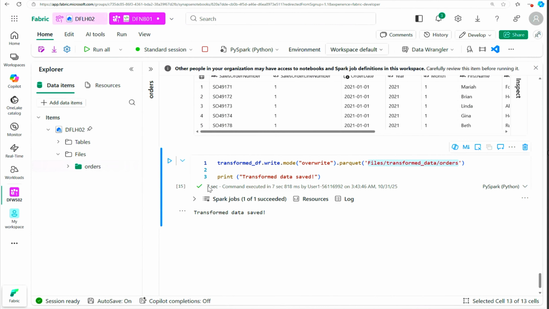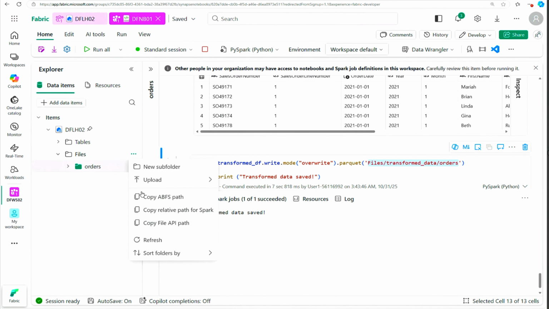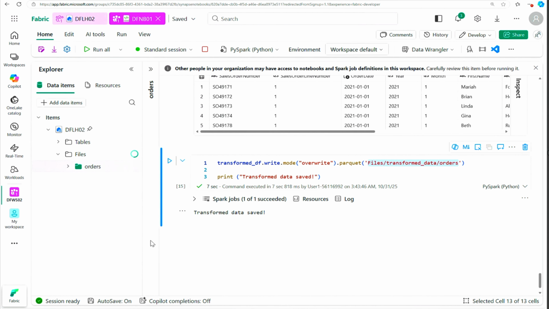Job is executing. It has been done. It's a transform data saved. So the message is there. Now if we refresh, we can see that the transform data folder is there, and if we click that, we can see that there is a new folder named order,